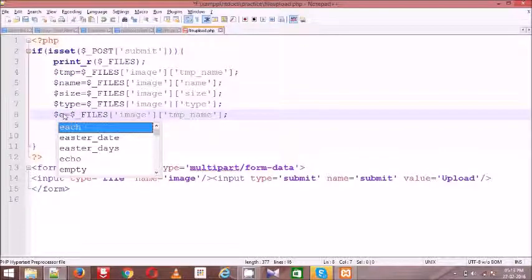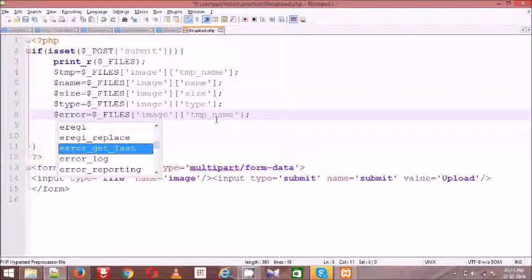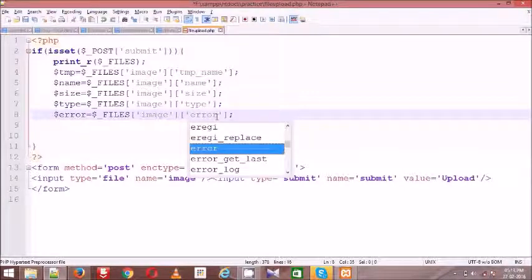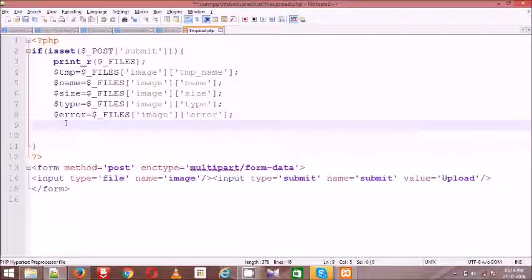The last one is very important, because it has error code levels. When it is 0, the file uploaded successfully. 1 means the file upload failed, for example you did not select any file, and 2 means size errors, like that. So we have error codes. Mostly it always returns 0. When it is not 0, your file is not uploaded.